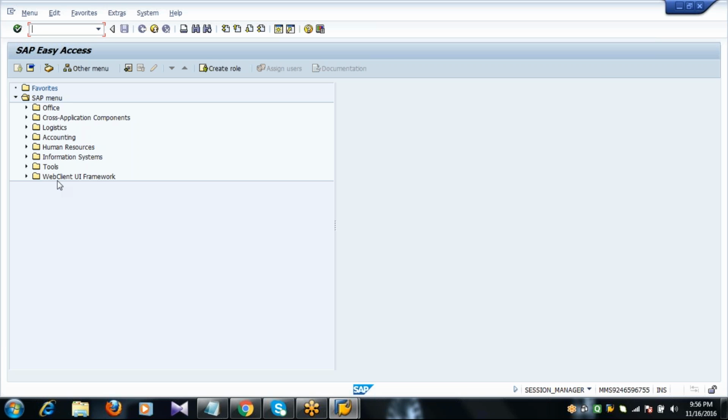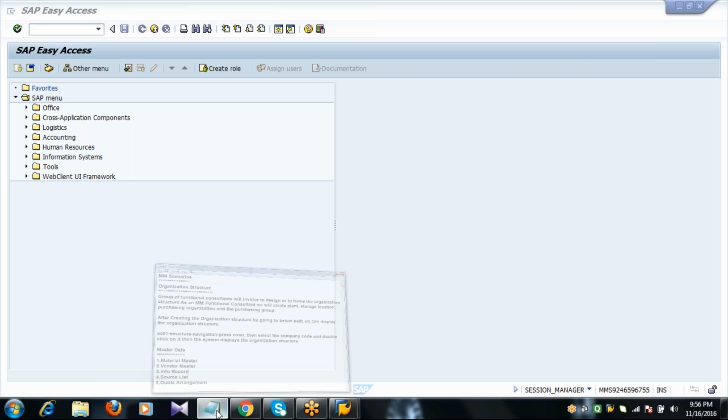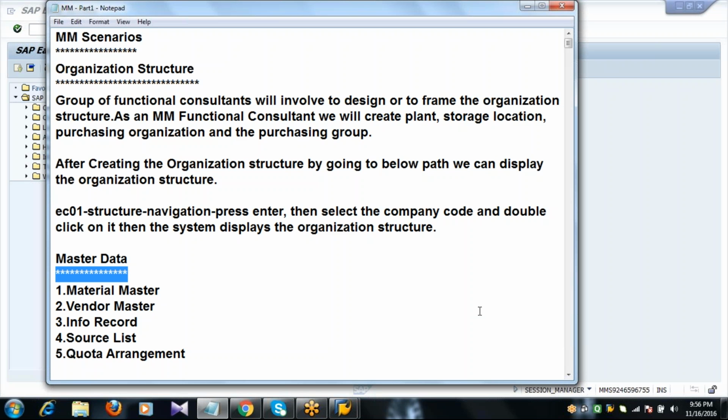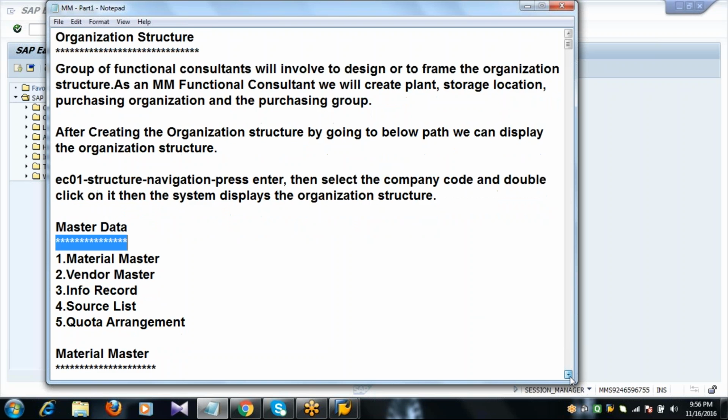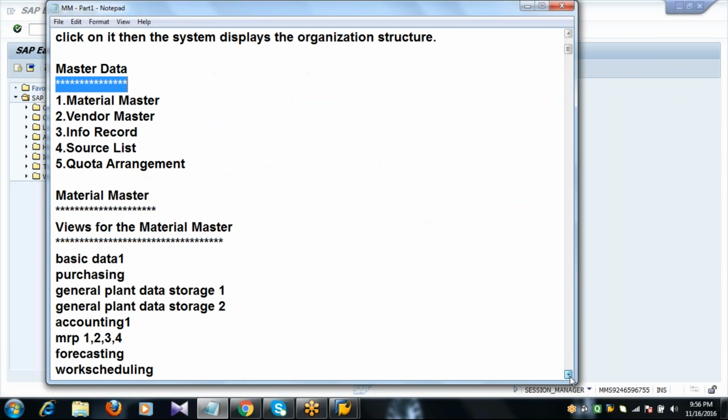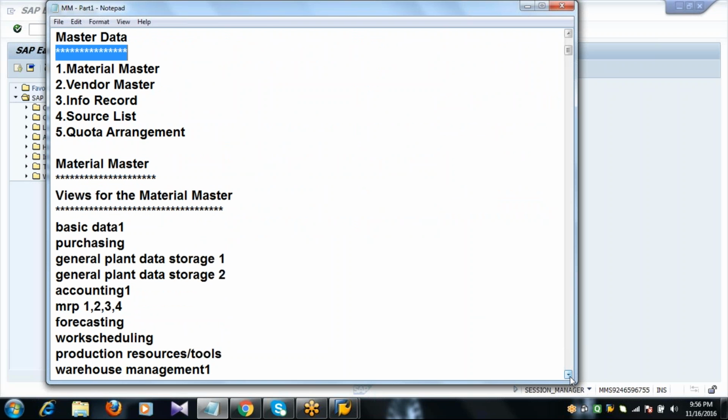So basically, what is a master data? Master data contains the information stored in a database for a longer period, which is used for different applications and functions.